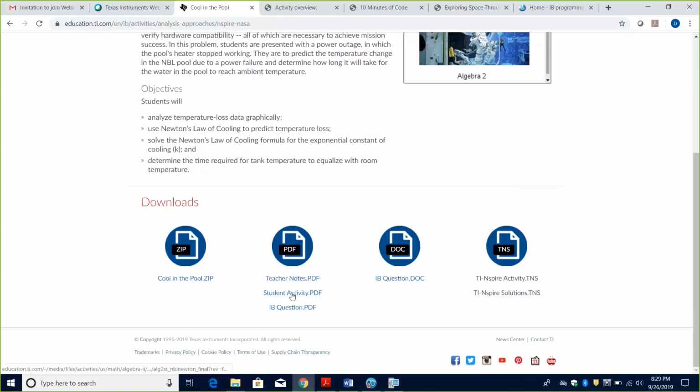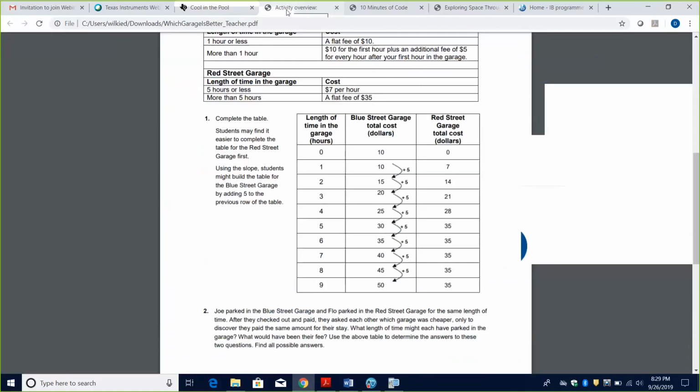Now, what I like about this activity is you can do a paper version, and that's what the student activity in the PDF is, and I'll show you what that looks like. That's not that one, it's that one. So this is what the Newton's Cool in the Pool